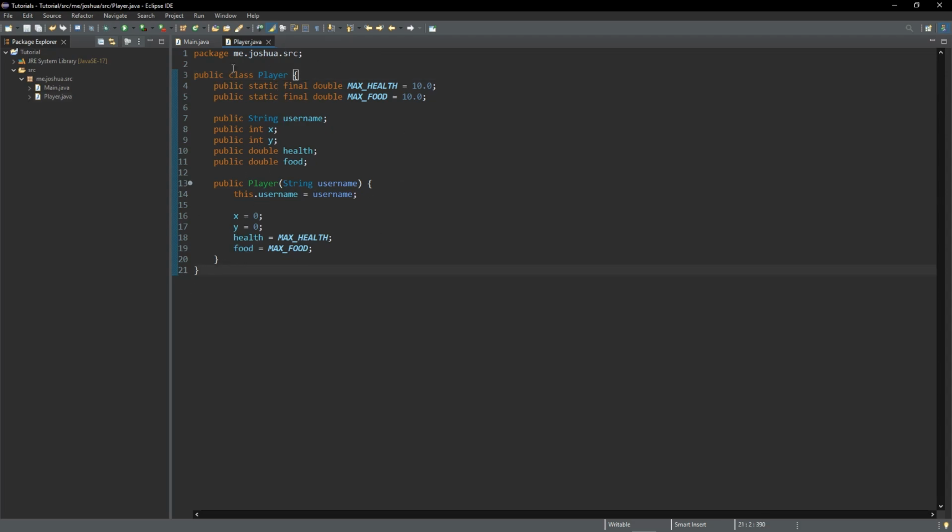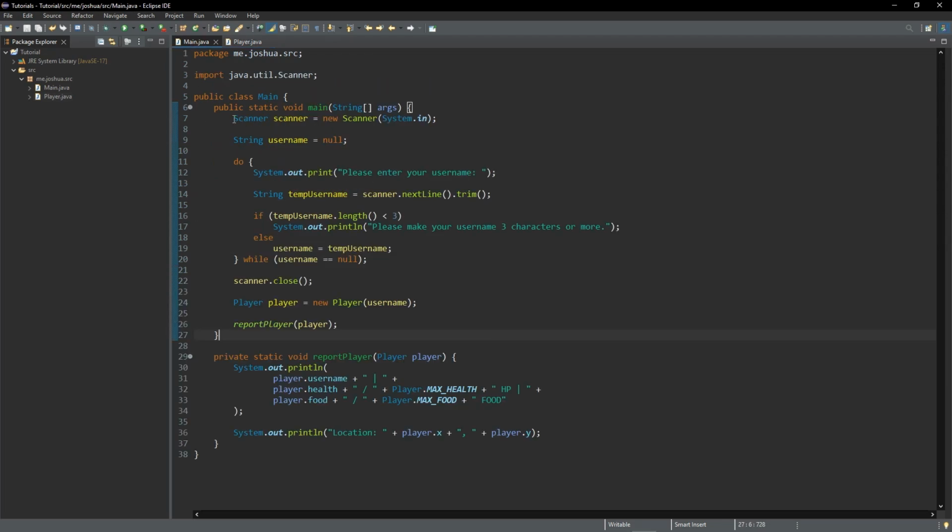So I've made a player class where I have maximum health and maximum food, the kind of generic information like username, X, Y, health, and food. And then I have a constructor which takes in a username, and everything else has a default value: 0, 0, max, max. Okay? Inside of main, I have a scanner which runs through a do-while loop to get a username